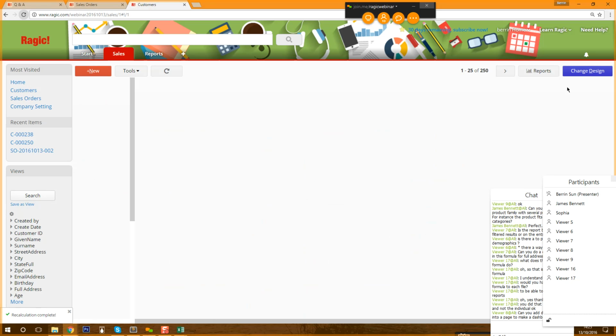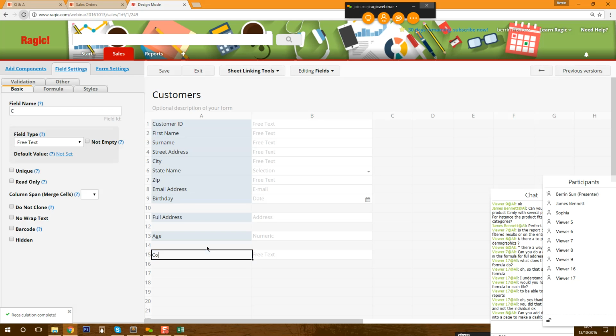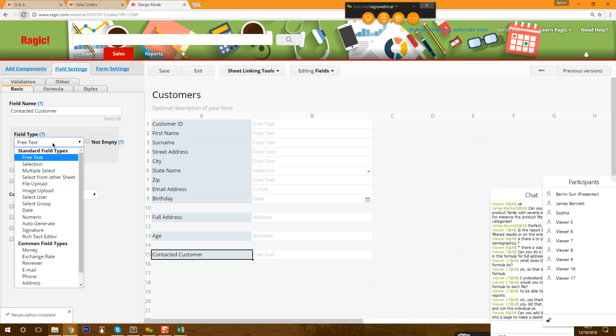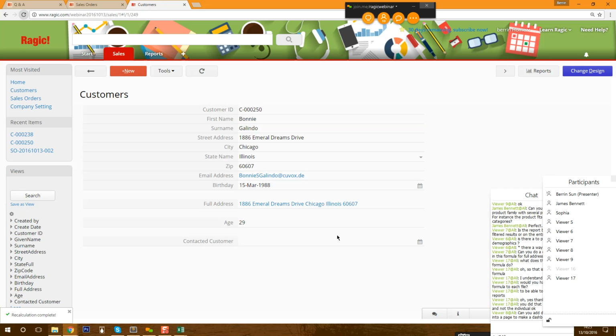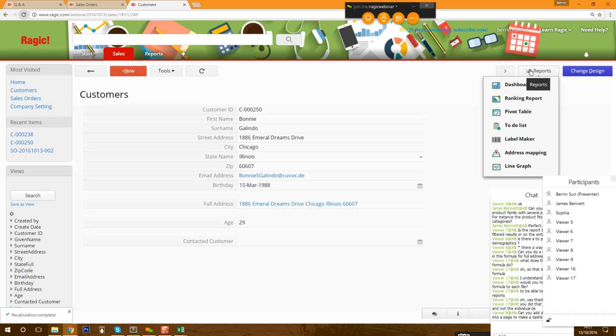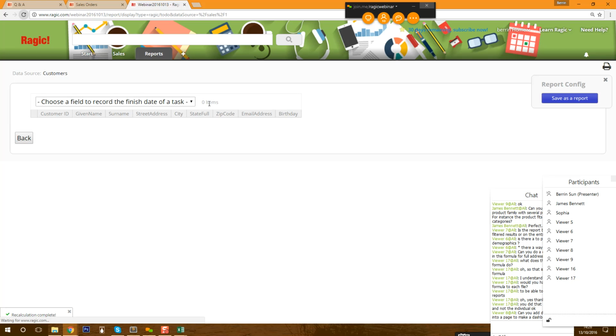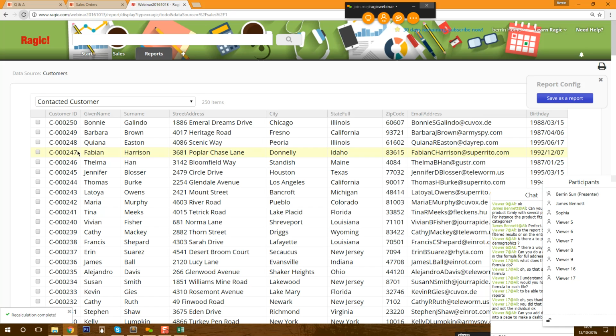So if I had an empty field here saying contacted customer, and if I have a team that calls each customer to see if their data is accurate or anything like that, you can have the empty date field, and then if you create a report for to-do list, the empty date field would serve as a checklist. So whenever you check it as done, the field that was just empty, the date field that was empty, will populate with